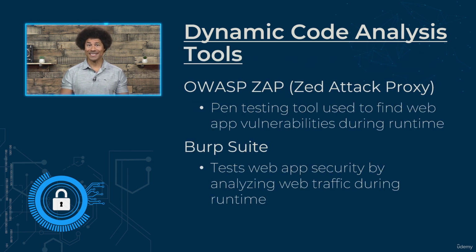The OWASP ZAP (Zed Attack Proxy) is a penetration testing tool used for finding vulnerabilities in web applications during runtime. Burp Suite, a tool for testing web application security, looks for potential vulnerabilities by analyzing web traffic during the